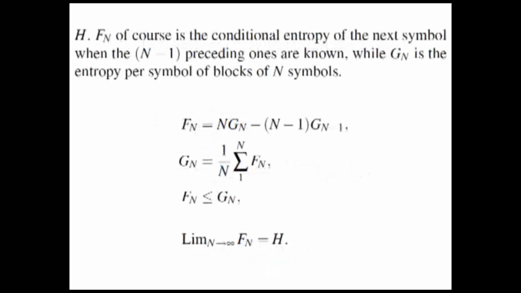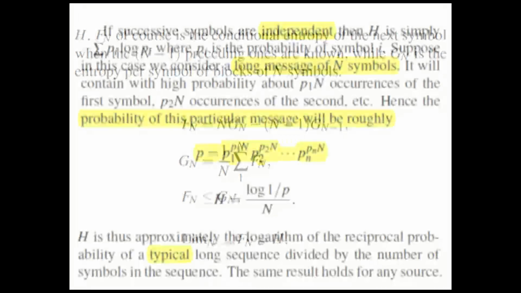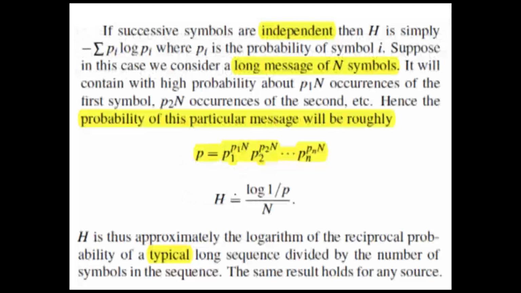Then he has the usual properties that link conditional entropy to the entropy of a chunk. And then he comes to the first occurrence of this word, typical. And that, of course, plays a very important role in his development: the fact that he was only going to think about things whose statistics were close to what the statistical laws would say they should be.